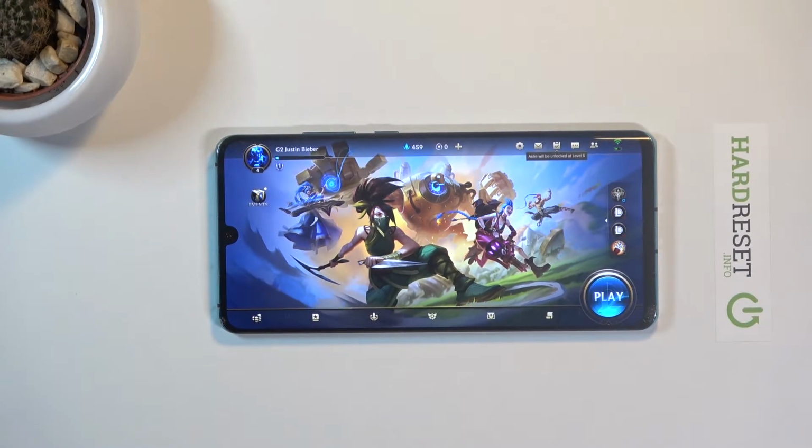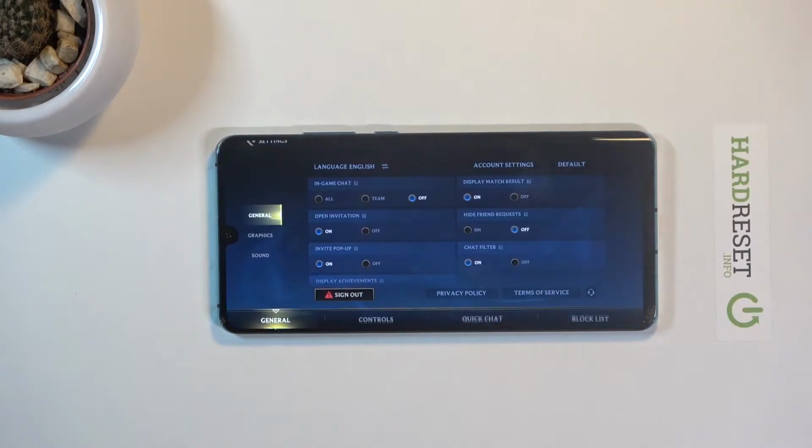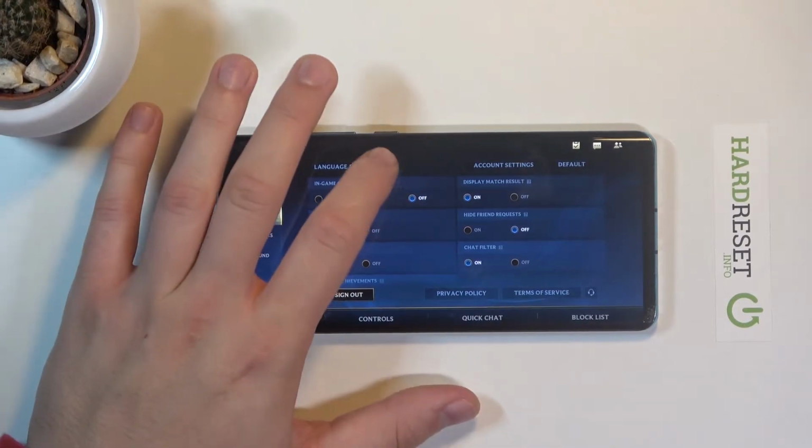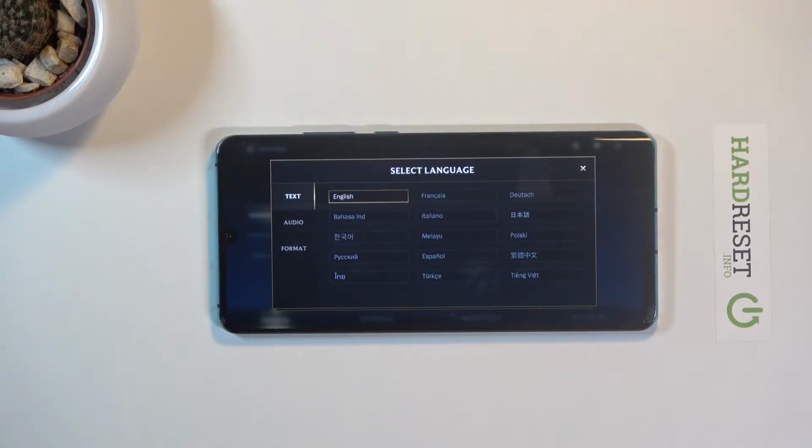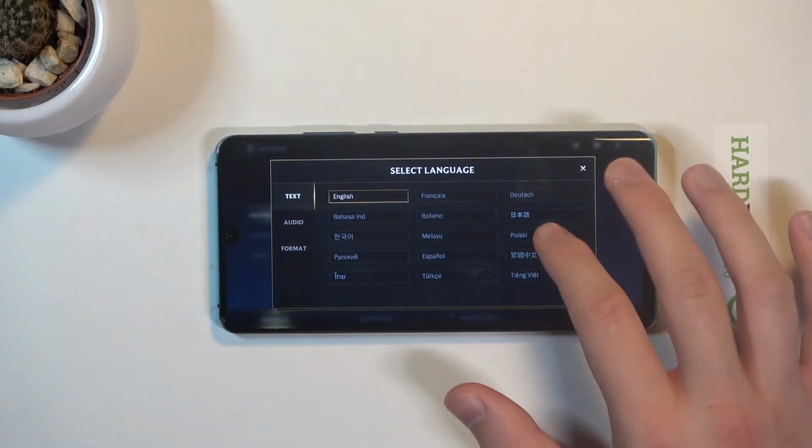Welcome. If you want to adjust auto sync language settings in Wild Rift, at first you have to go to the settings, next move to the language settings, and then when you want to switch the text language, for example to Deutsch,